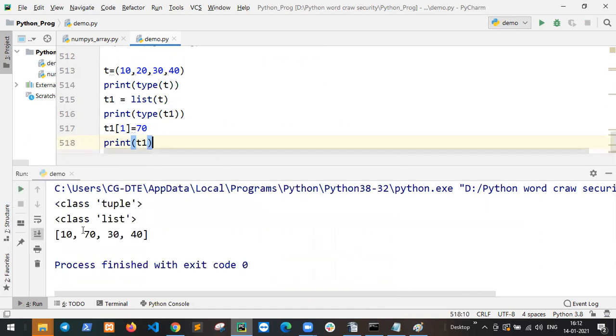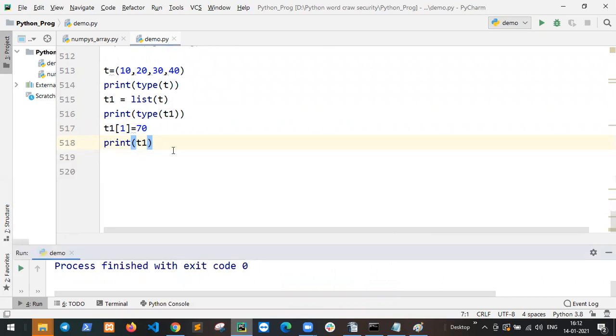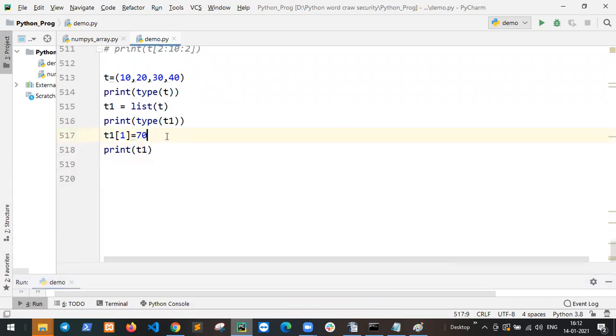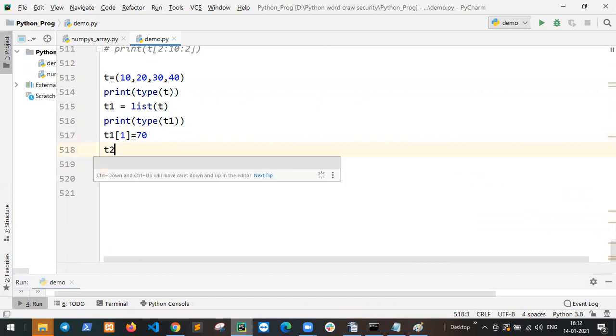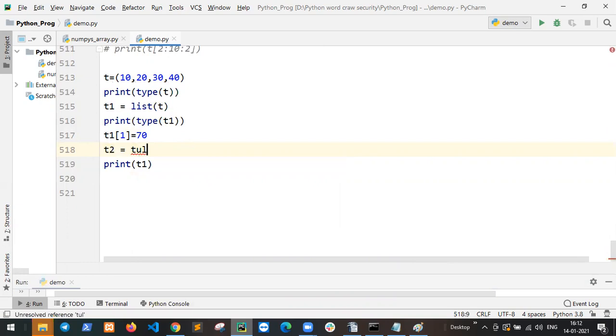If you want the output to be a tuple, then t2 equal to tuple of t1, and assign the value.